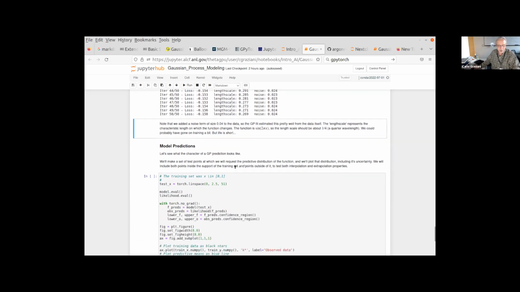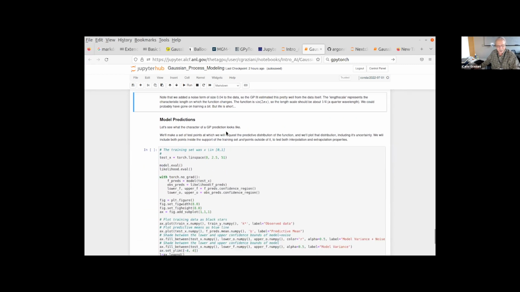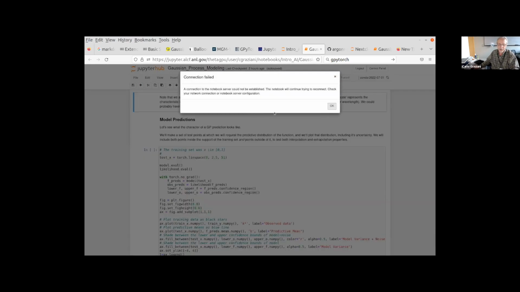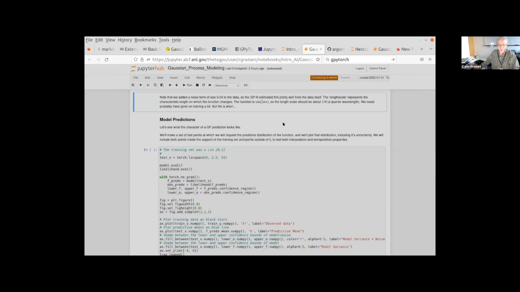Okay, so let's get to model predictions. What do model predictions look like for a Gaussian process? We're going to make some test points at which we request the predictive distribution, at which we're going to